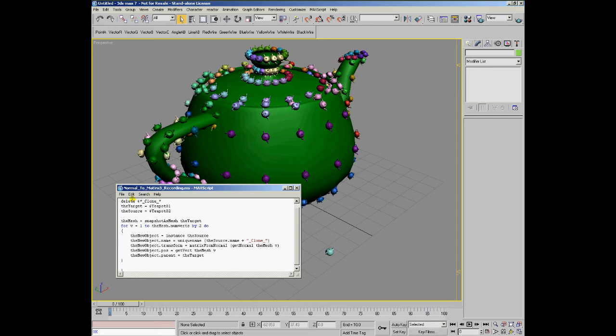That means we are going to delete all the previous clones, define variables to contain the surface and the source, snapshot a copy of the mesh in memory, go through all the vertices, create instances for every single vertex, set the name. But now, instead of assigning the matrix from normal result to the transformation matrix, we're going to first grab the normal vector